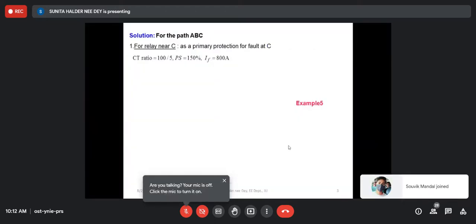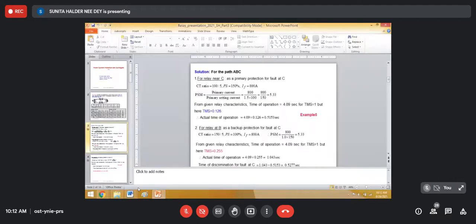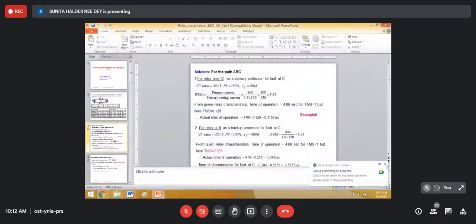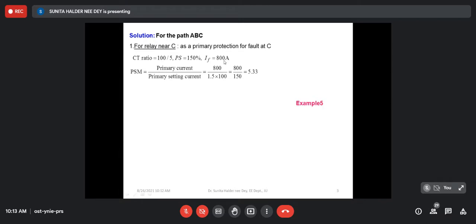So similar to the non-directional overcurrent relay, since we are interested in finding the relay setting for a fault near C, we shall set all the relays near bus C as the primary relay. So for the primary relay, whatever is the fault current at the bus C or near to the bus C, we